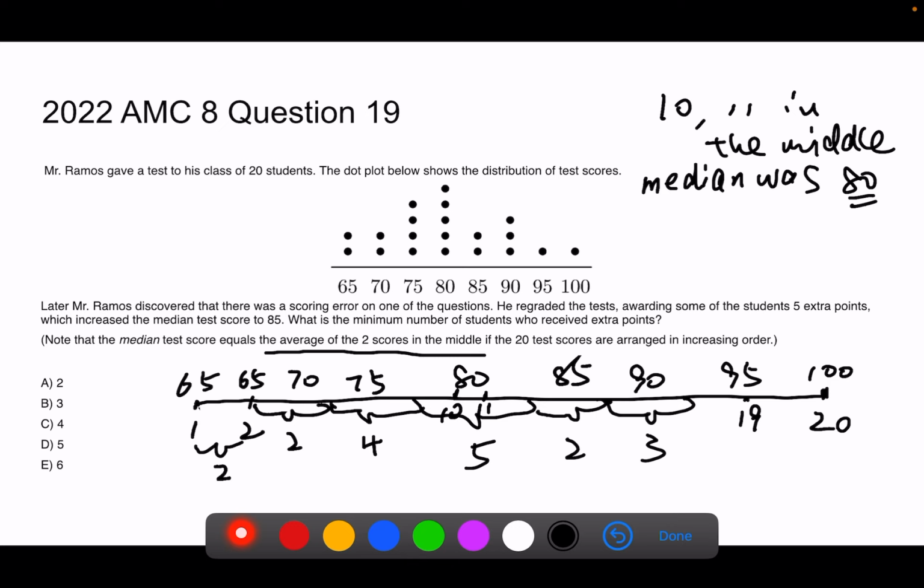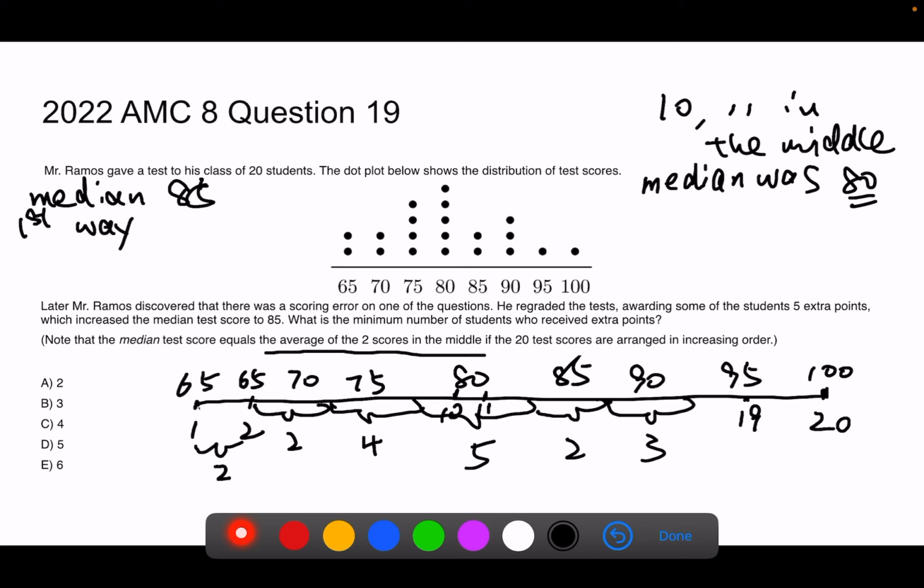Let's say the first way, which is easier,